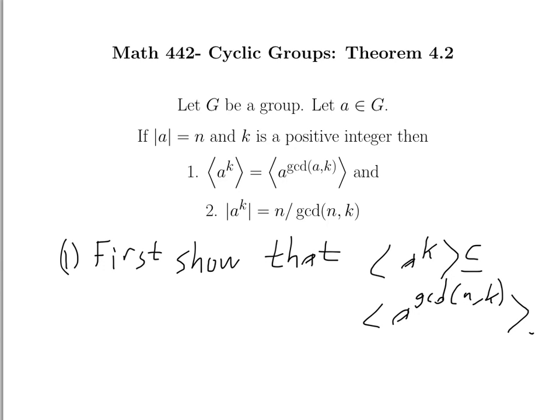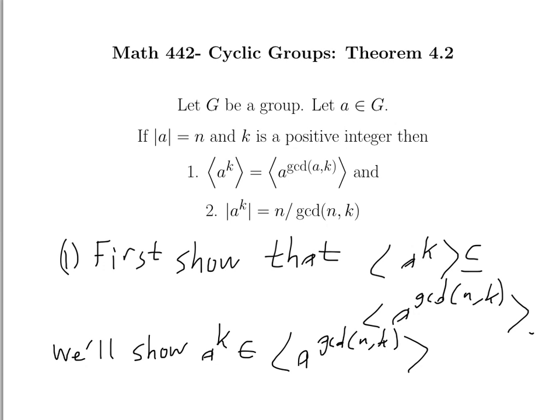Alright, the way that I'll show that is I'll actually show that a to the k is an element of the cyclic group generated by a to the GCD of n and k. And that will be enough. If a to the k is in that, then certainly all of the powers of a to the k need to be in there, since the cyclic subgroup generated by a to the GCD of n and k needs to be closed. Alright, so on the next page we're going to have,